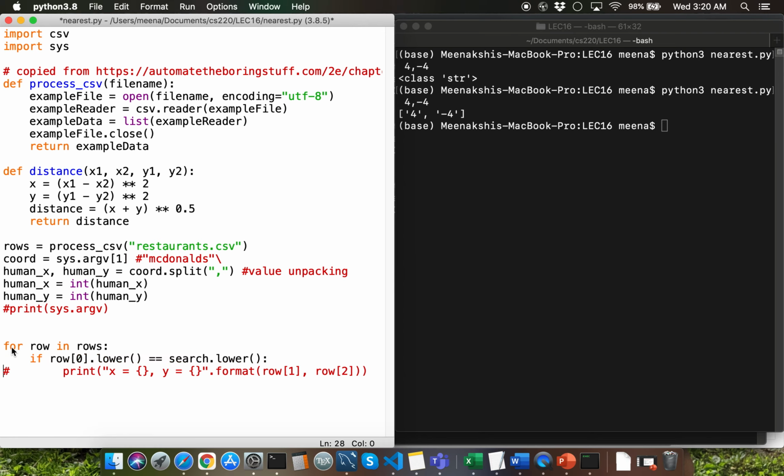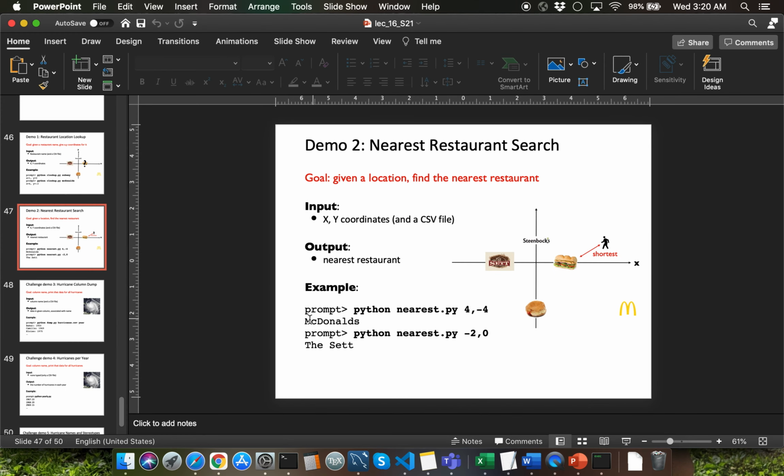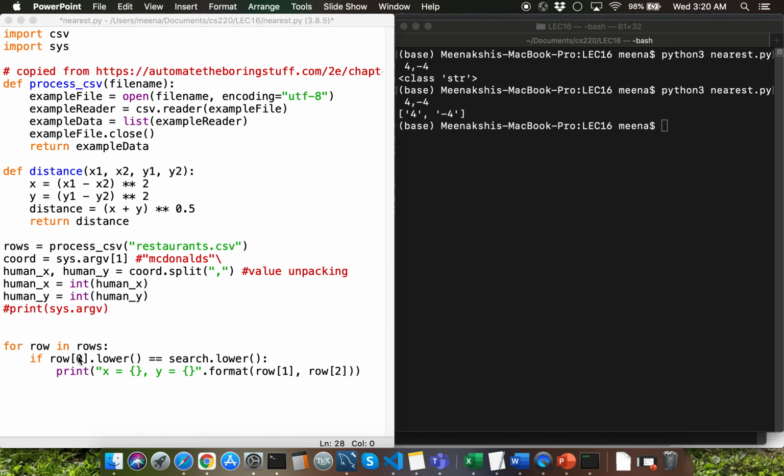We want to be able to find the index and the shortest distance to every possible restaurant. Why do we need the index? Only with the index we'll be able to get the name of the restaurant, which is a totally different field than the XY coordinate values. So I'm going to change my for loop to range based for loop.